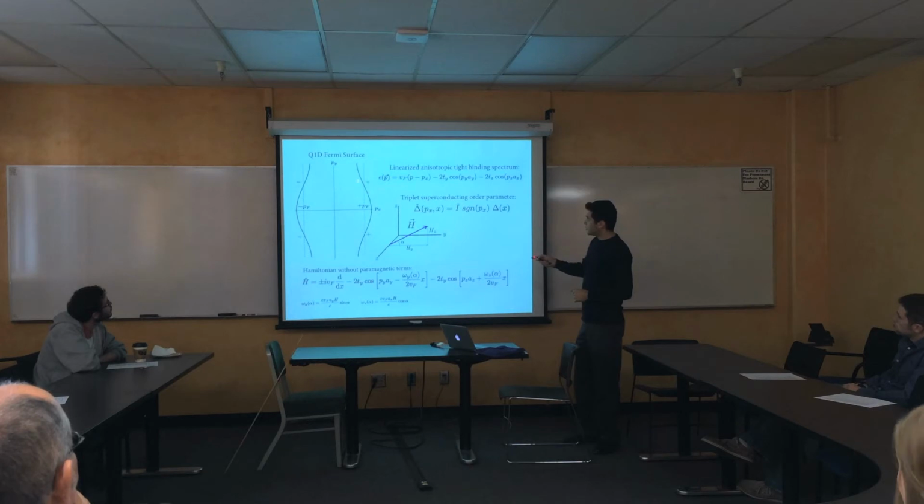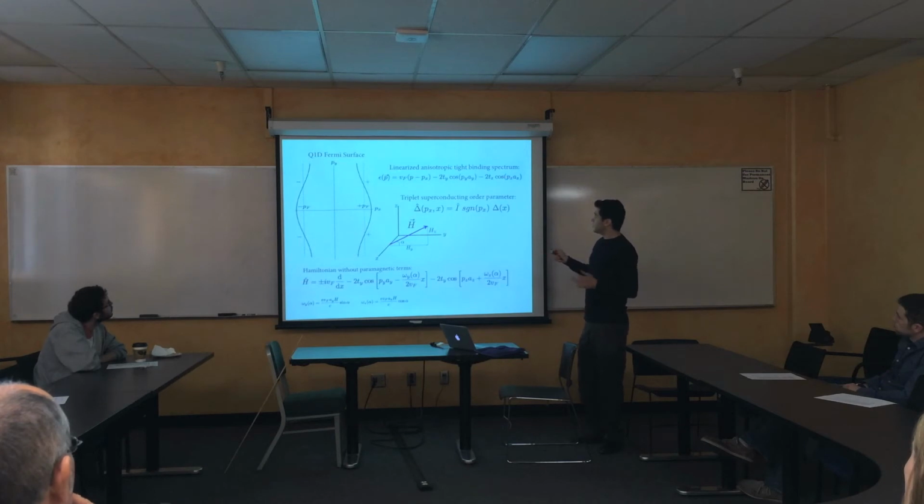This small warping is due to these terms, and the linearized tight binding model will have just the energy with respect to the Fermi energy as the first term, and then these two additional